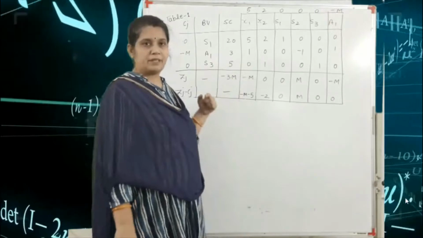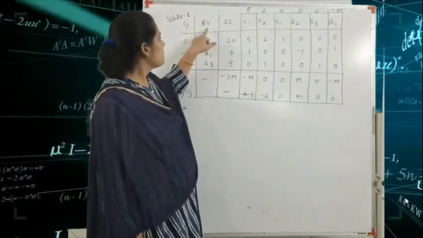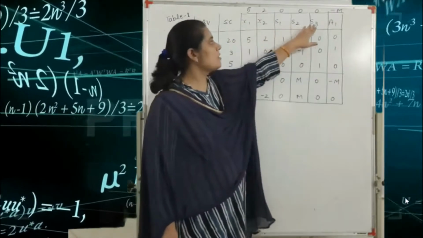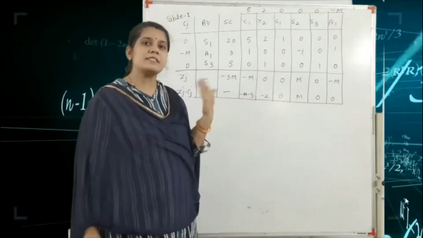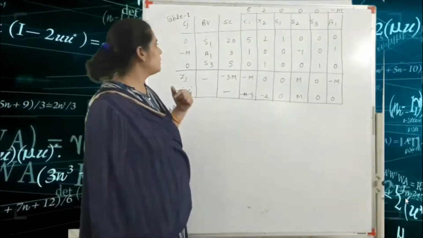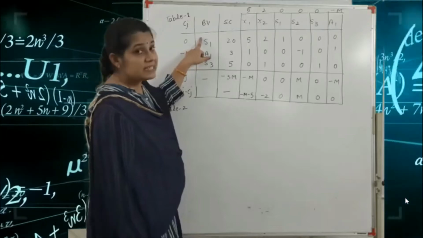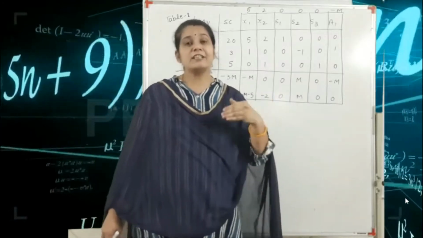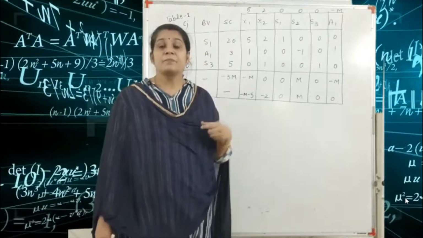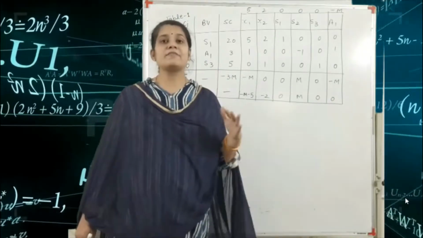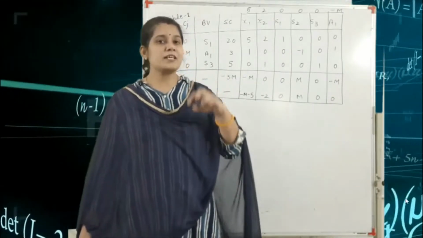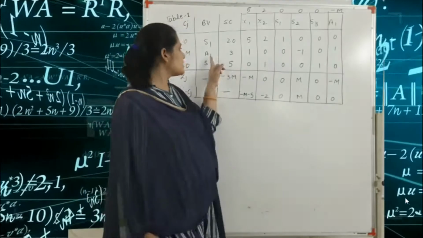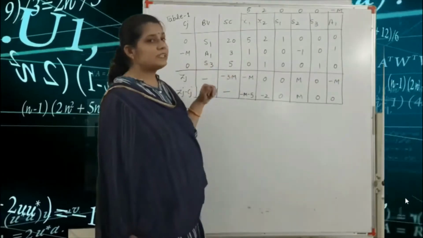For the initial table, or table 1, first we write Cj, basic variable, solution constant, x1, x2, s1, s2, s3 and a1, according to slack variable, surplus variable and artificial variable. After that, the sequence is s1, a1 and s3, because of our subject to constraint equations. In the first equation we add the slack variable. In the second equation, we add the surplus variable plus artificial variable. So we put the surplus variable equal to 0, and we get the artificial variable equal to a positive value. The third one is again the slack variable.